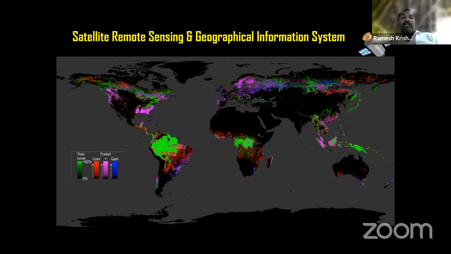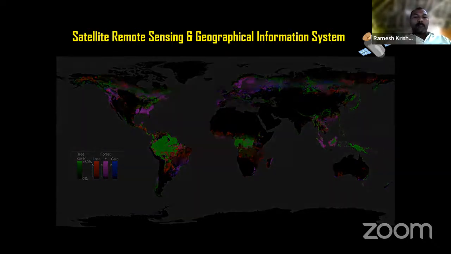Now satellite remote sensing is another important one. You all know this. Many of you may be using it already. But what is very striking is the scale and the resolution with which we are able to work now compared to before. It has revolutionized the science that can be processed. These days, you get papers at a large scale, regional scale, global scale, partly because of the technology that is available through remote sensing.